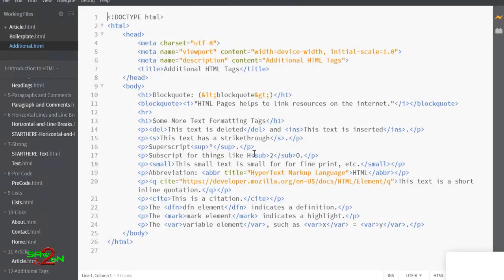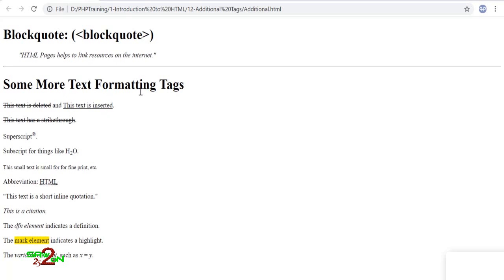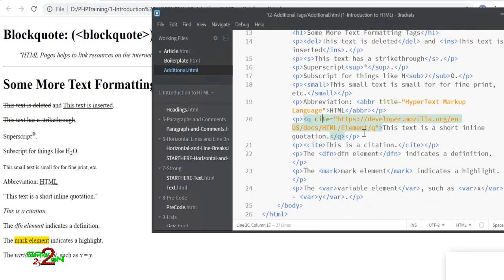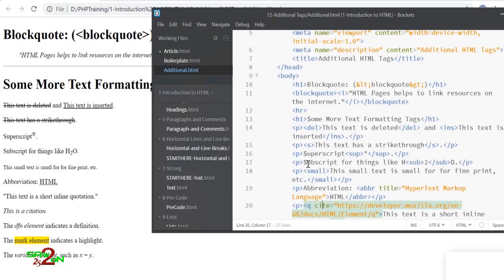Okay, and all the tags are here. You can look at all these: superscript, subscript, abbreviations. All these tags are basically here. You can have a look, play around with it. The output is here, and it's clearly visible what tag is being used for what purpose. If you look at the HTML code here and the output, it helps to identify what tag will help you to do what kind of output. Okay, so these are the additional tags that are used for formatting the text. You can have a look and you can use them for formatting your text. Okay, that's all in this lecture, and I'll see you in the next one.